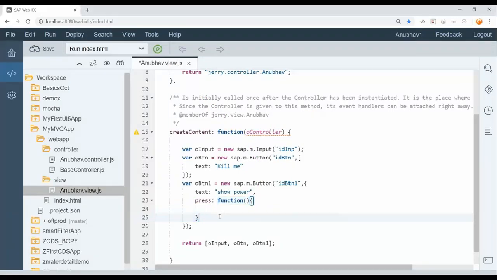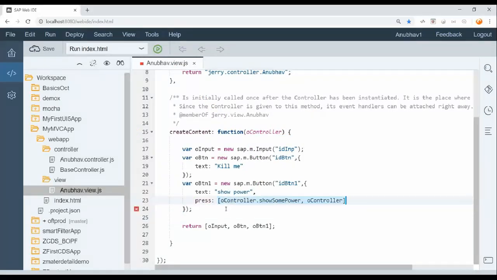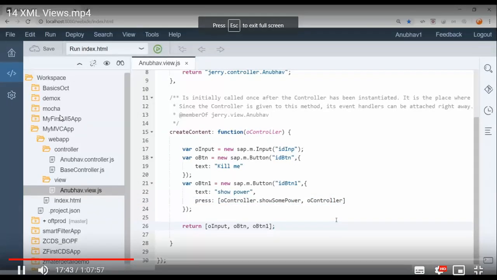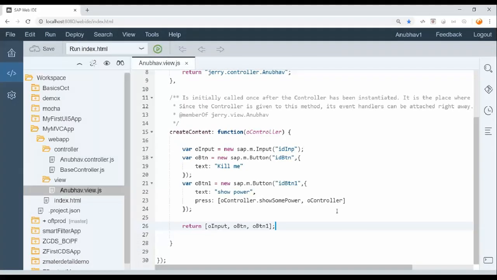In an XML view you cannot write code. You can't write the processing logic in an XML view. You can't write JavaScript processing logic in an XML view. Not allowed. So there is no choice left for you other than putting the name of the method, which is then implemented